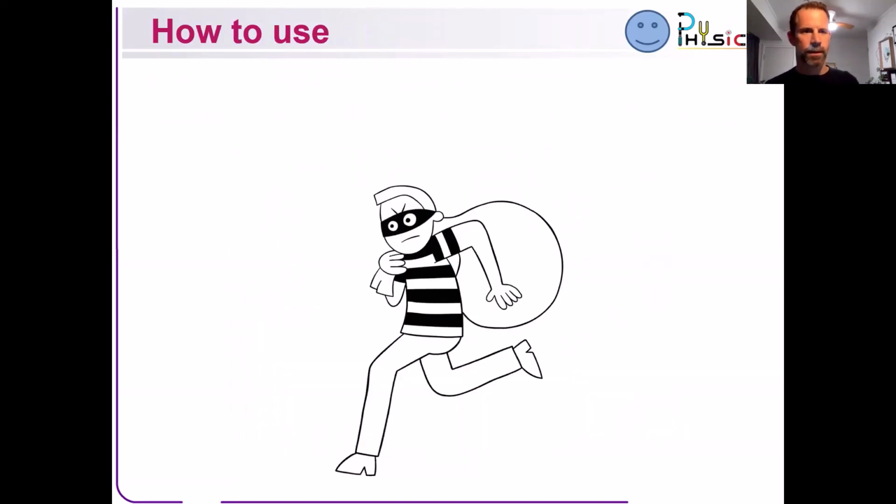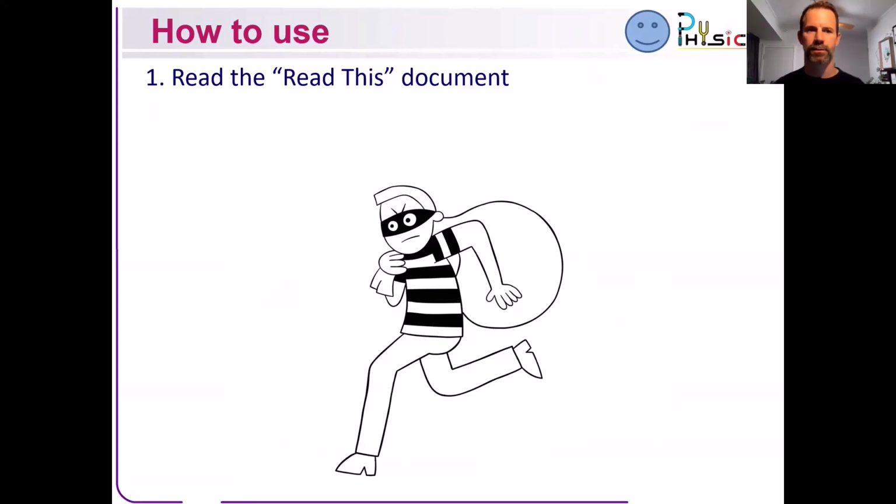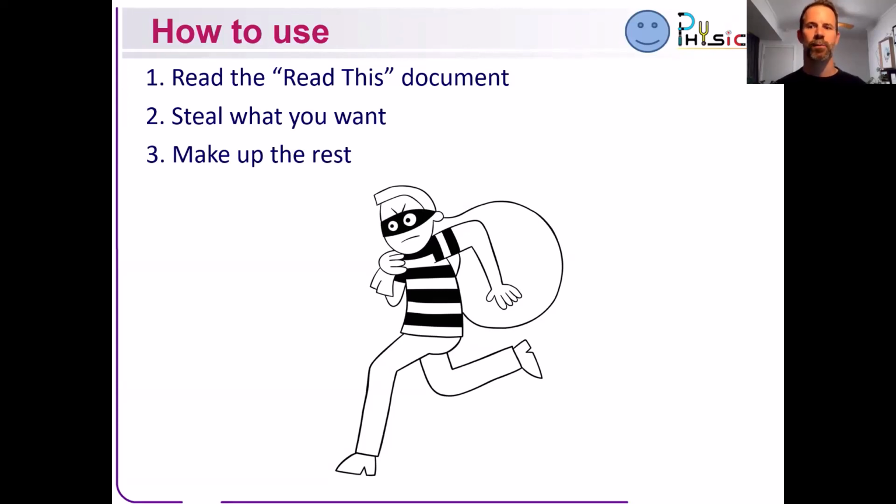So how to use these. First of all, you find these resources in NZIP. They're in the level 1 resources named under the standard. It's a bunch of stuff. I think it says Avondale resources. You'll see a whole bunch of lessons, and there is at the bottom a read this document. You read it. Most of the stuff it says will actually be covered in this presentation. You do what every teacher always does: steal what you want, right? Steal it. Go nuts. And make up the rest. You are a teacher. Do it.